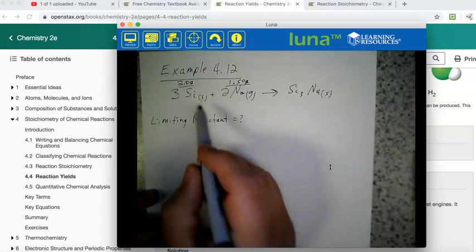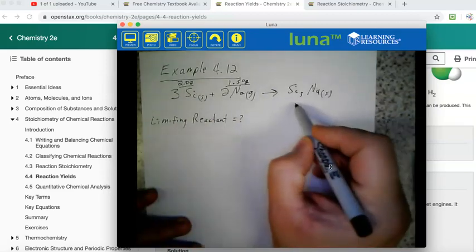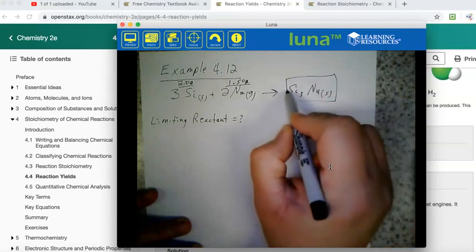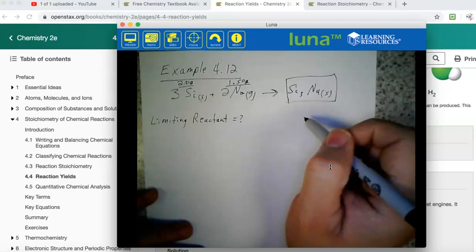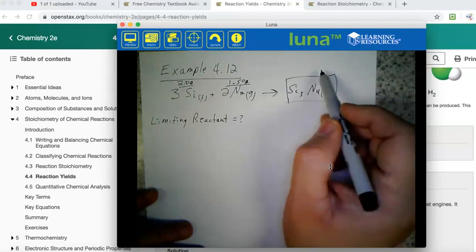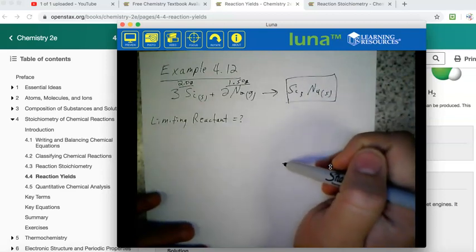So here's my information. The strategy here is I need to convert everything to moles or grams, it doesn't matter. I'm going to do it the easier way and stop at moles, because it's a little bit easier to stop at moles. Okay, so the strategy here is to